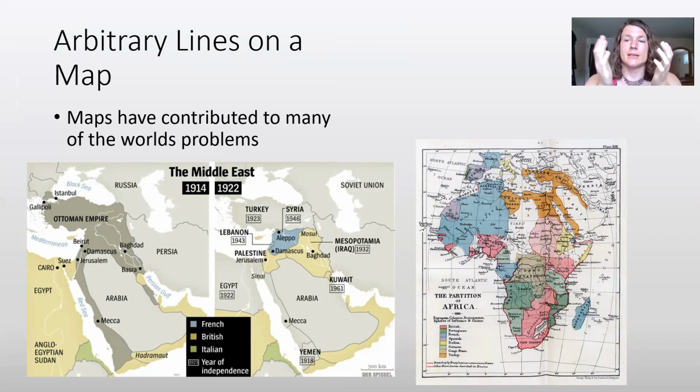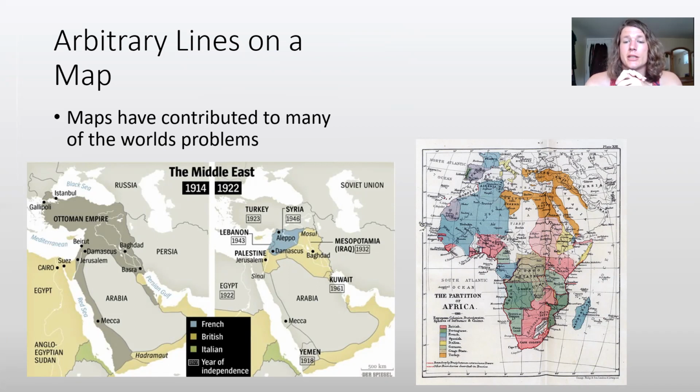So while these people had existed fairly harmoniously within the Ottoman Empire, there are some notable exceptions like the Armenian genocide, but all these different cultures had, for the most part, existed in the Ottoman Empire without serious issue. When the British drew these arbitrary lines on a map, it had wide-ranging implications that led to severe issues down the line that we're still experiencing ramifications of today.